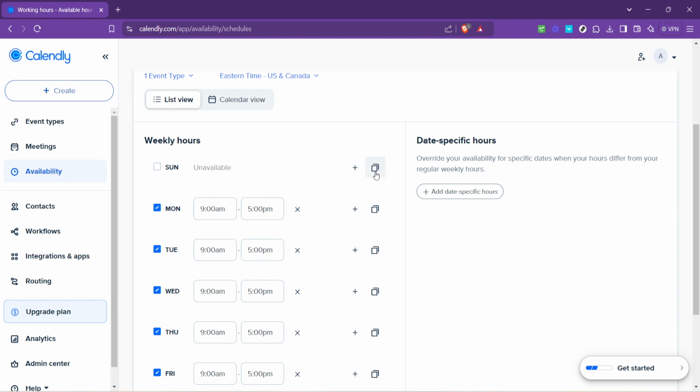This straightforward process not only helps you manage your time more effectively, but also makes it easier for clients, colleagues and friends to see when you're free and book time with you without the back and forth of traditional scheduling methods. Remember, keeping your Calendly availability updated is crucial for managing your time efficiently. It's all about finding that right balance, ensuring you have time for your commitments while also keeping slots open for new opportunities. By following these steps, you can easily adjust your availability whenever needed, keeping your scheduling smooth and stress-free.